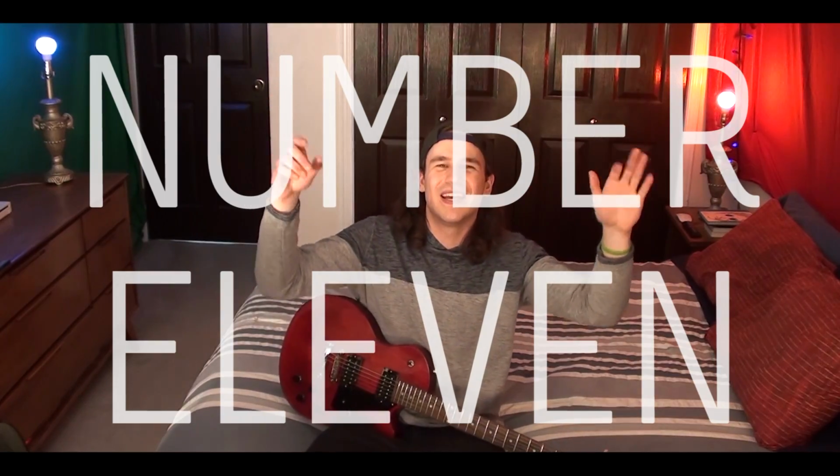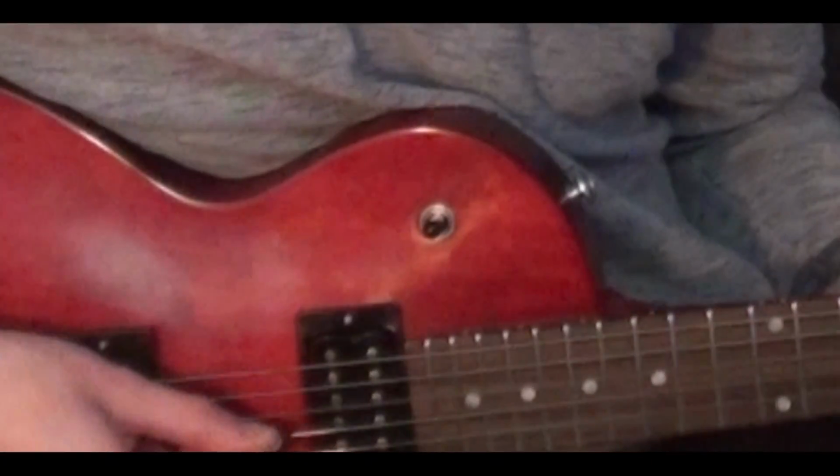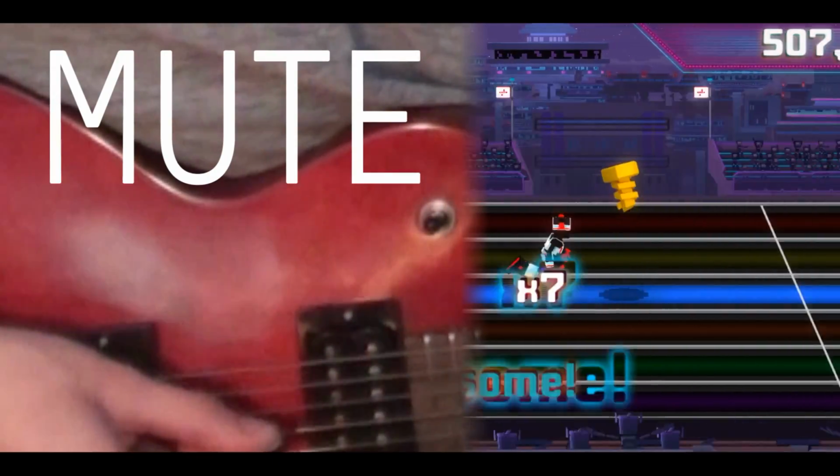Number 11 is Hurdling Hurdles. Full disclosure, I'm bad at it, but I also don't care. It's intended for you to practice tremolo. How it works is the speed that you pick controls the speed of your racer, and you mute the strings to make your guy jump. I know it sounds exhilarating, it's just not that fun,